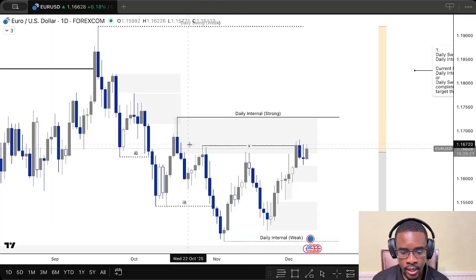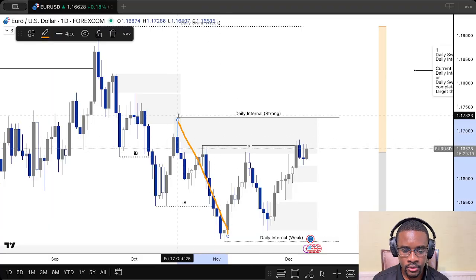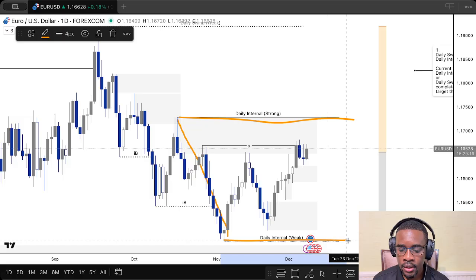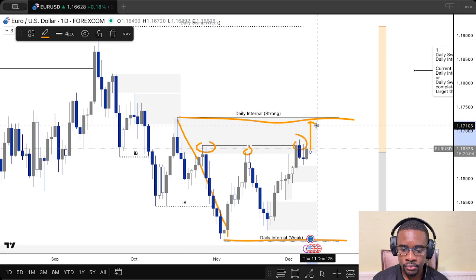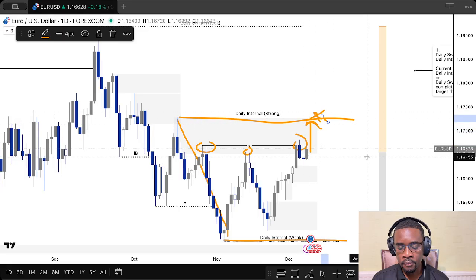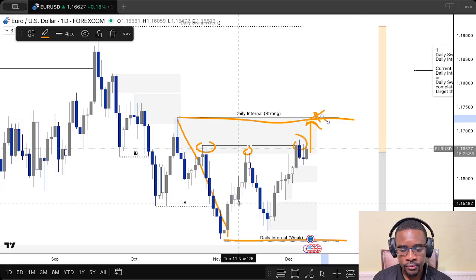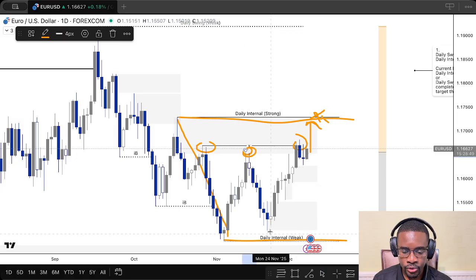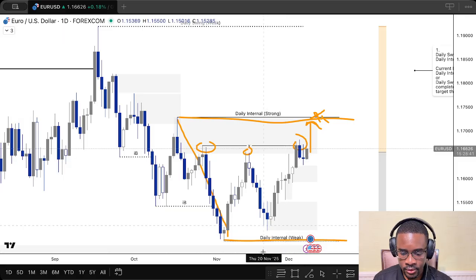Now internally we still have this supply that is in control. This is our strong internal high. But because it has already been mitigated once, twice, now 3 times, the expectation is that price will continue to mitigate even deeper and possibly eliminate the supply. Because if it was strong, when we mitigated here, we should have eliminated this weak low and at least gone down to mitigate the extreme unmitigated demand, but price did not do that.